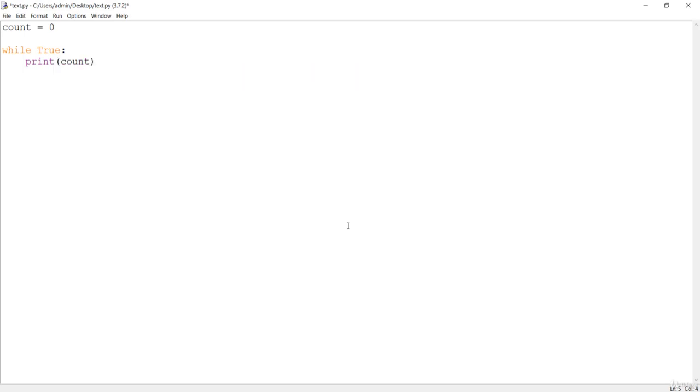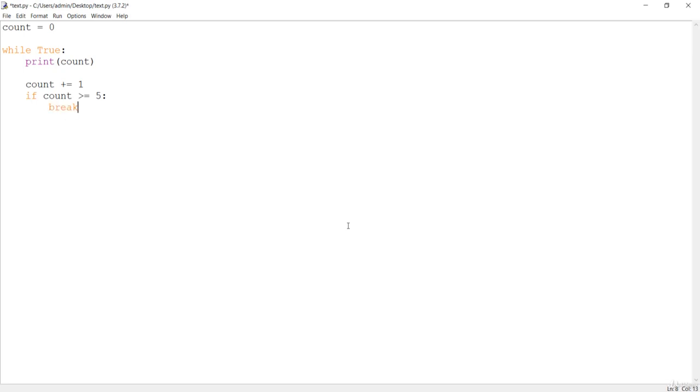Now I'm going to add to count every time this loop runs, and if count is greater than or equal to 5, you have to break.